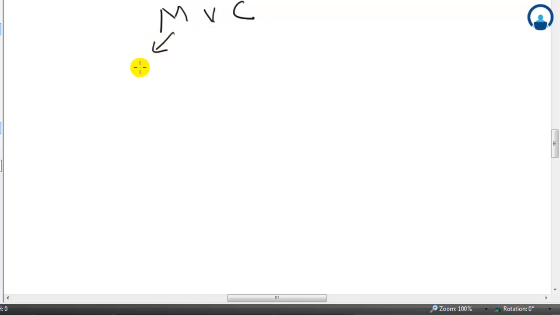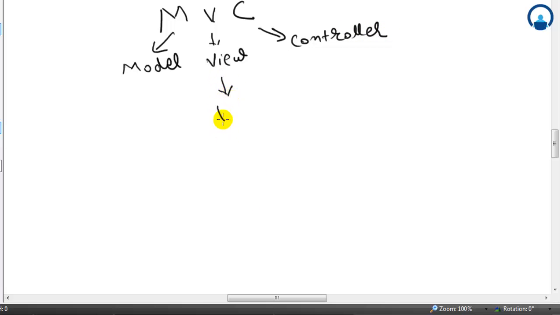Here M stands for model, V stands for view, and C stands for controller. I'll explain a typical MVC model. View is your UI.